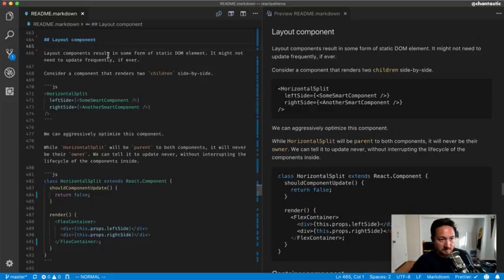Layout components. Layout components result in some form of, I'm going to have to leave here in a second for lunch. Some